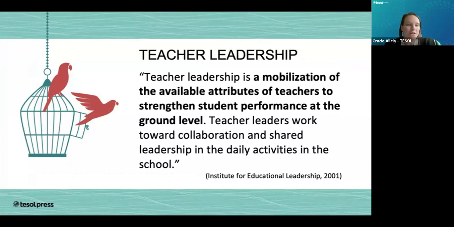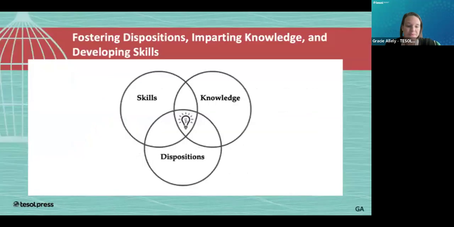We know that in the classroom, in your schools and districts, you have English learner, EL teachers, ESL teachers, whatever acronym your district or school uses. And they have the knowledge and capability and understanding of language acquisition and learning. So it's really tapping into that local expertise, that expertise in the building, and then having that be a support for the teachers, which would then strengthen student performance.